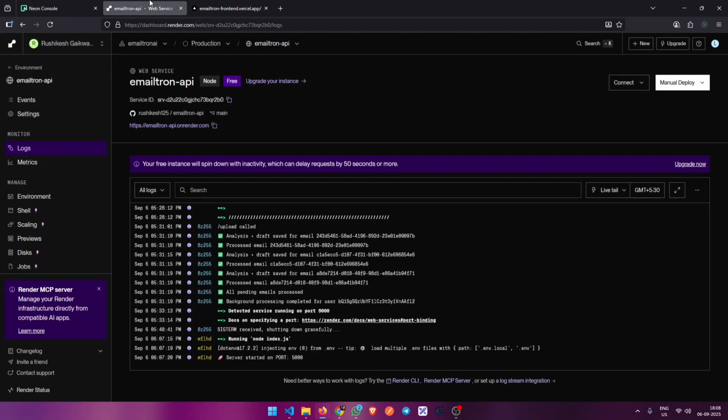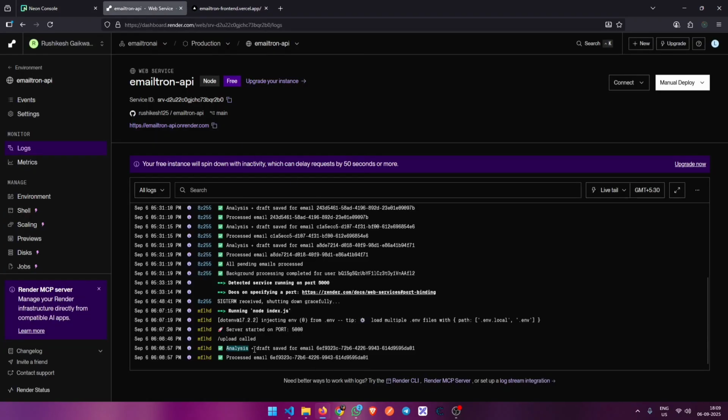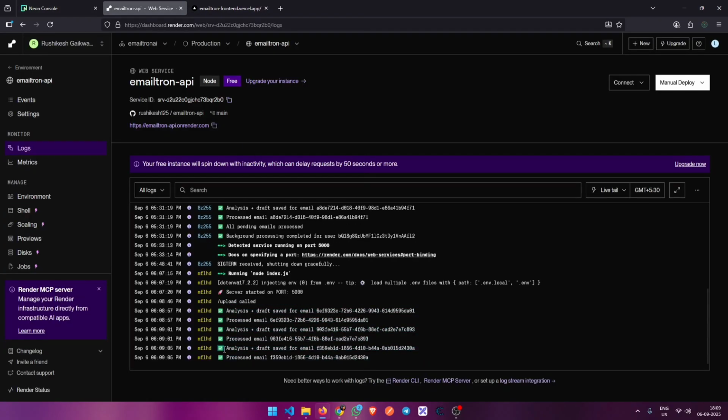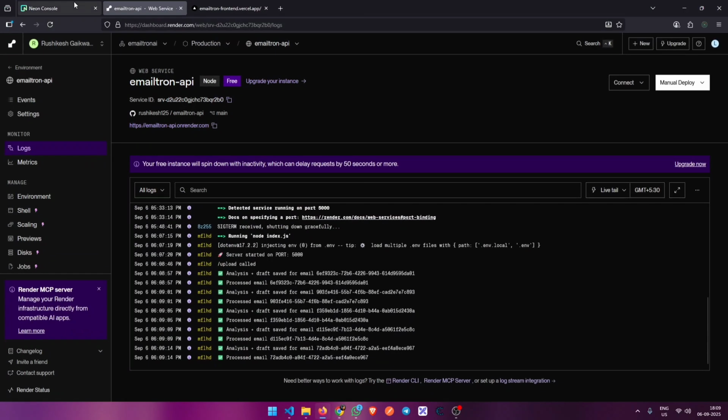It will go to our backend server here. 20 records were inserted into our Postgres database. And after that, the AI started its analysis one by one. Here you can see the logs of our server. One by one, the AI is processing each email, generating its analysis and storing it into a database,